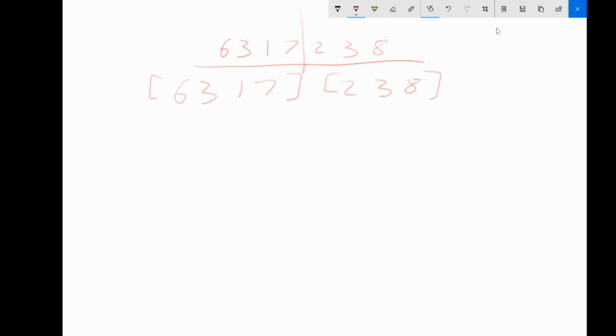So now I've got 6 and 3, 1 and 7. I've then got 2 and 3, and then 8 on its own, right? And I'm going to split it again until they're all on their own. So I've got a list that's got 6 in, one that's got 3 in, one that's got 1, one that's got 7, one that's got 2, one that's got 3, one that's got 8. So it's a divide and conquer algorithm,